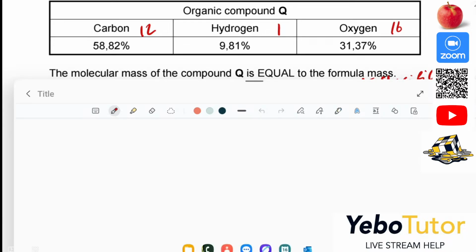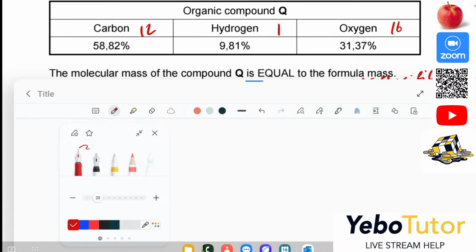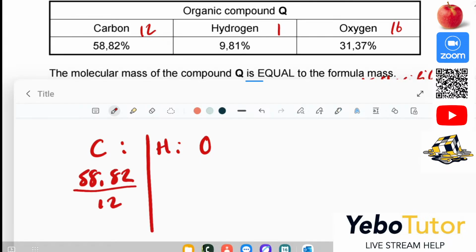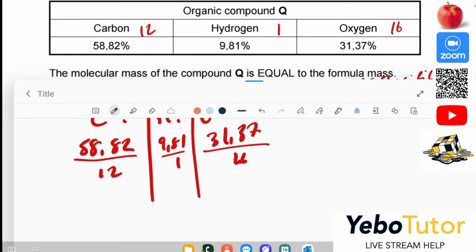So we know that we can have our carbon, hydrogen and oxygen over there, given as percentages: 58.82 divided by 12 for carbon. Then for hydrogen, that will be 9.81 divided by 1. Then another one will be 31.37 divided by 16 for oxygen, the same way we were doing for the